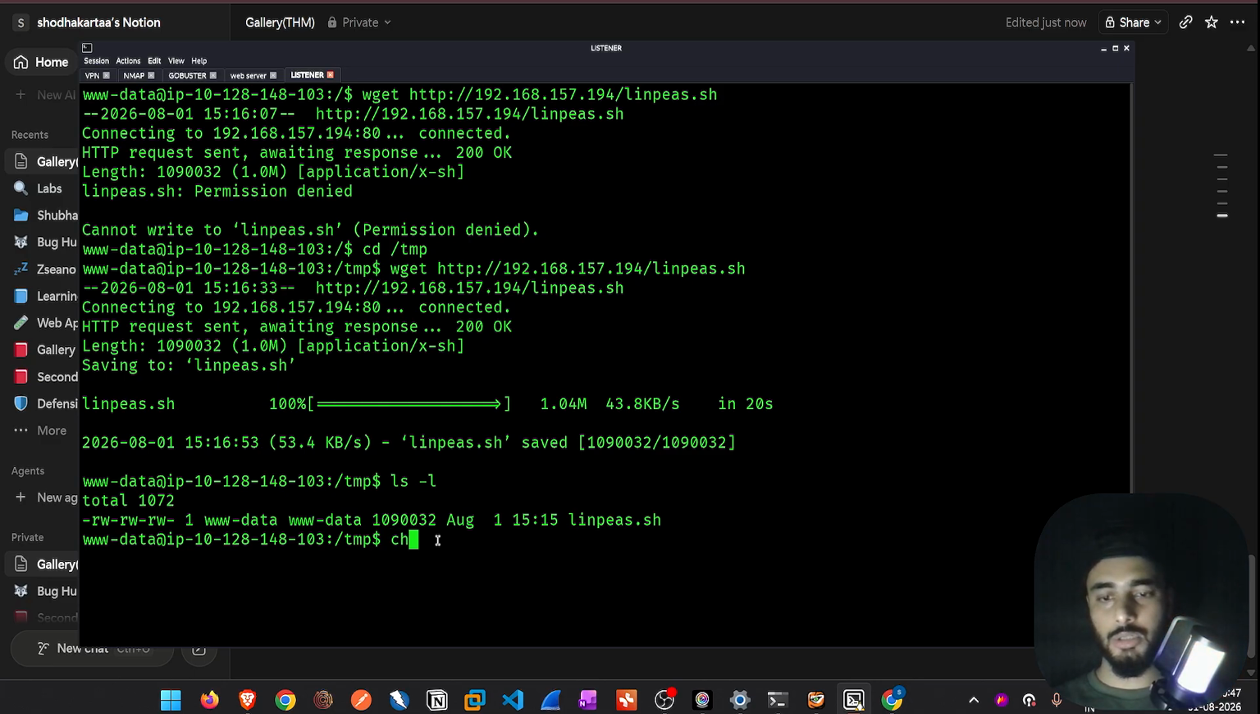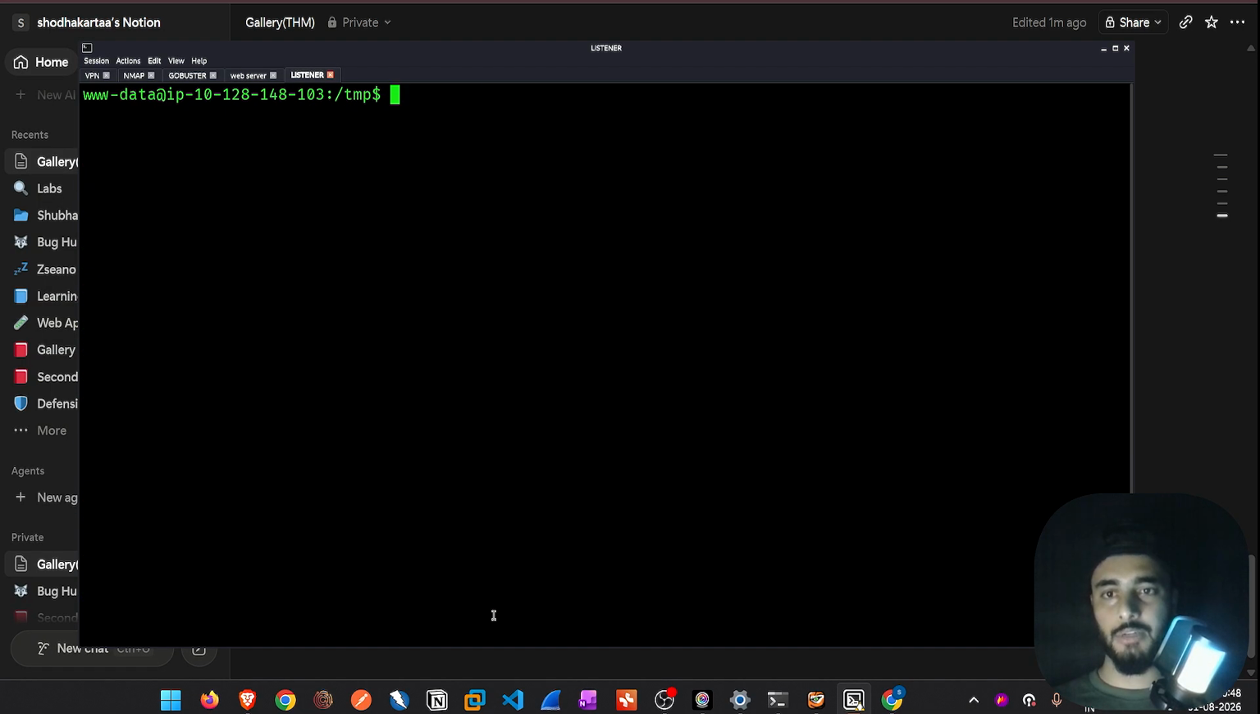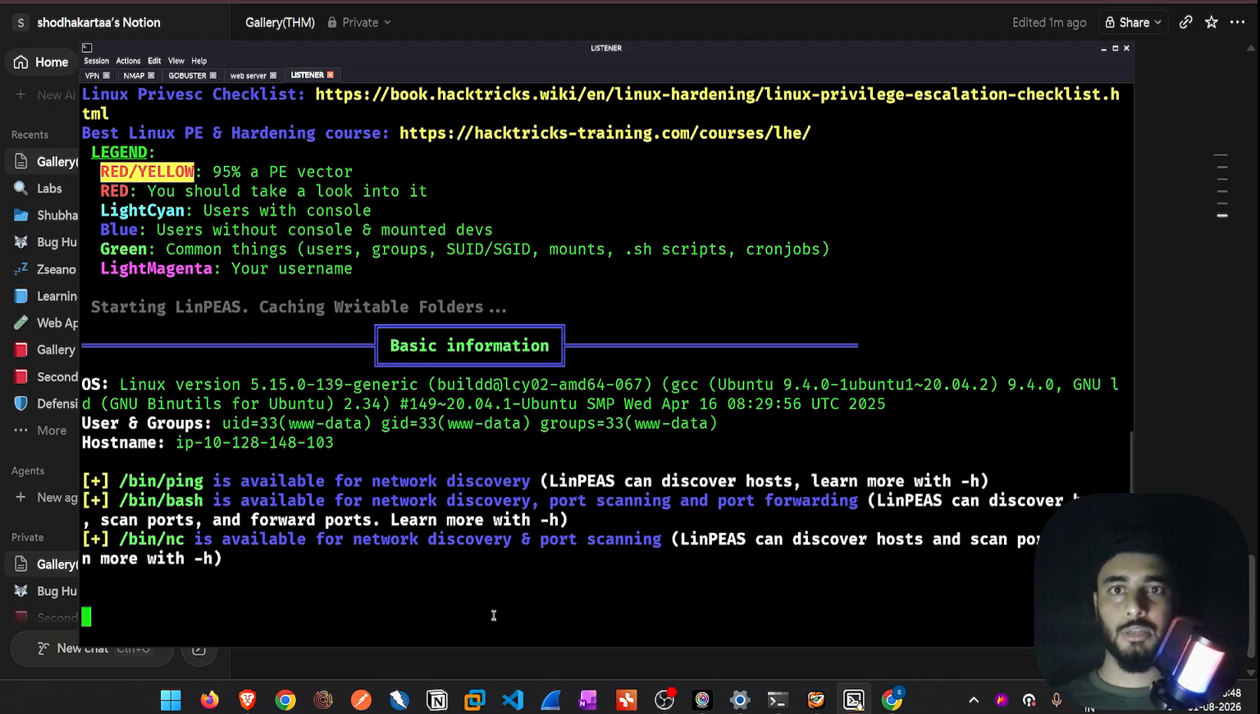This is how we can do that. chmod, that means change mode, to executable, +x, and the file which is linpeas.sh. If we run ls -l again, you can see we have all the permissions. So now let me clear the screen and run this script here. linpeas.sh. Let me press enter and see if we can see anything